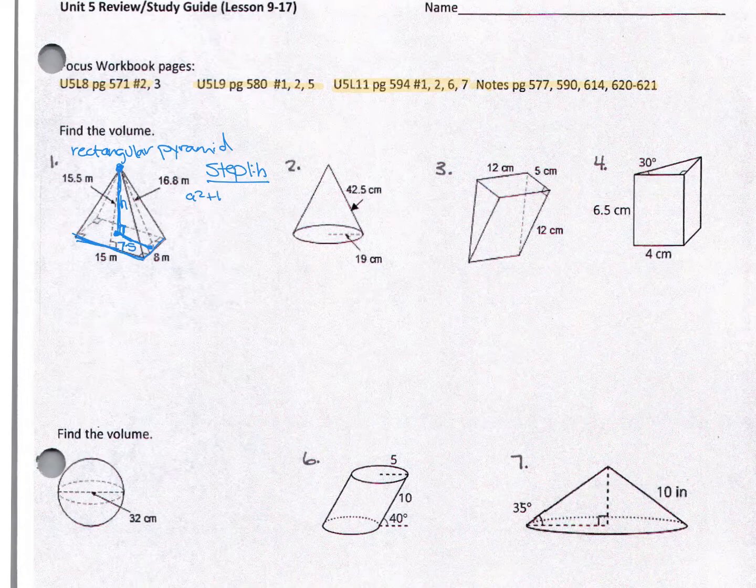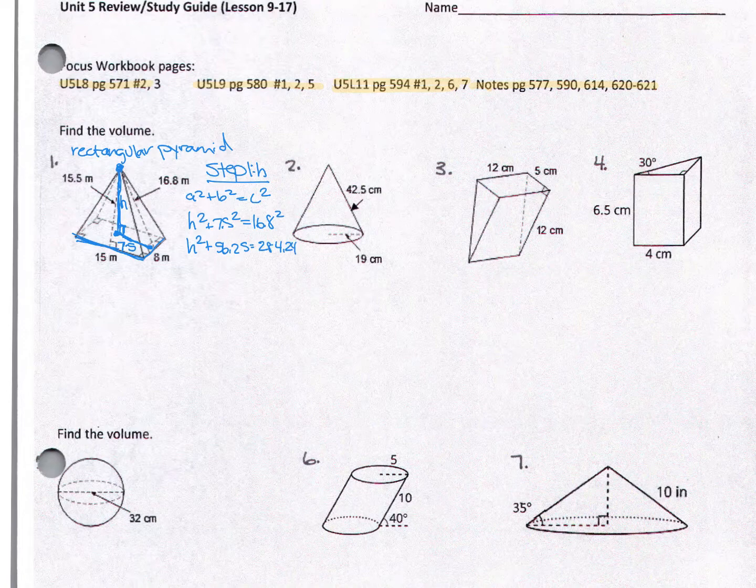A squared plus B squared equals C squared, where in this case, my C is 16.8 squared. My B and A are the 7.5 and H. It doesn't matter what order I put those in. And so the first thing I'm going to do is square my numbers. So I get H squared plus 7.5 squared is 56.25. And 16.8 squared is